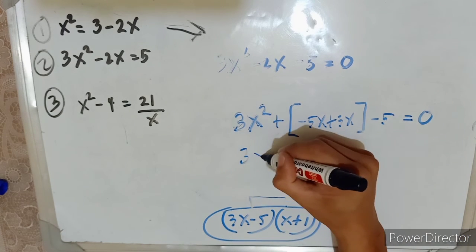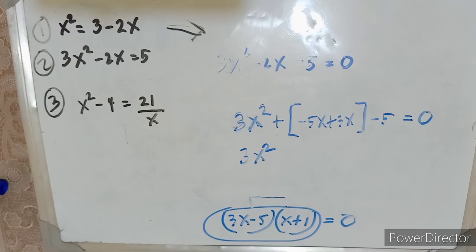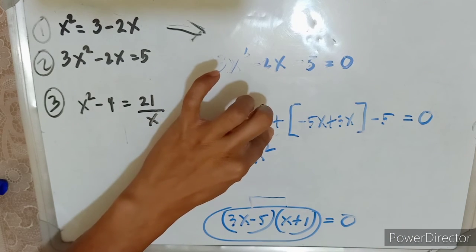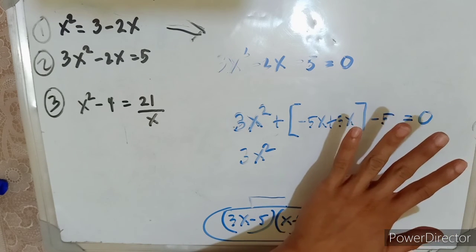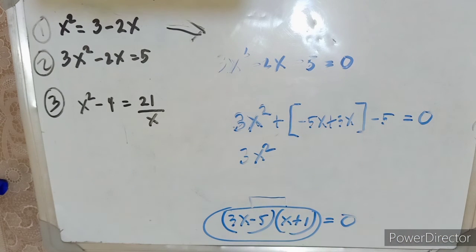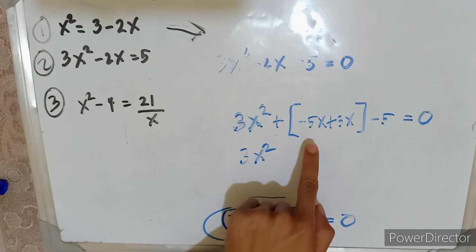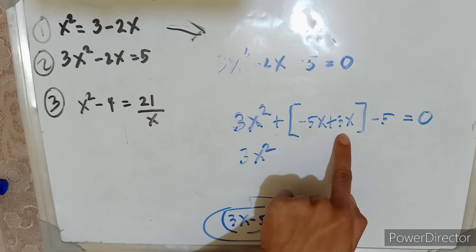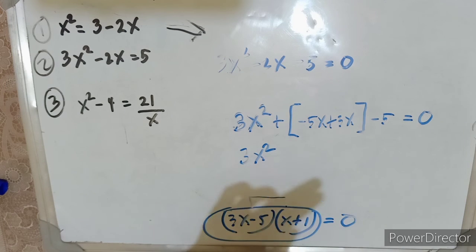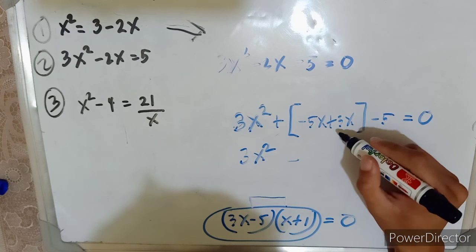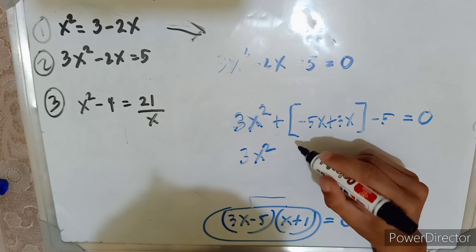Okay? So, 3x squared. Alright? Okay, since that is positive, so hindi mo na kailangan palitan ang sign, no? Ng nasa loob. Okay? So, ang susundin lang natin dyan, guys, is yung like sign, then you have to subtract, then like sign, you have to add. Okay? So, like sign siya, so negative 5x, and then we have positive 3x, so like sign, isubtract natin, and then choose the sign of higher numerical coefficient. So, 5x minus 3x equal to,